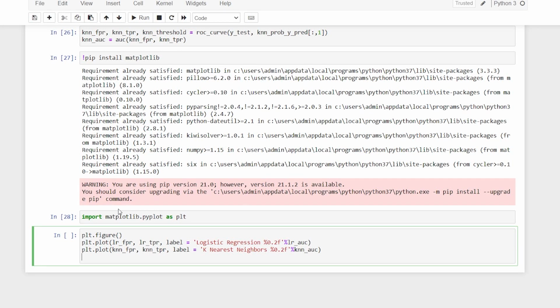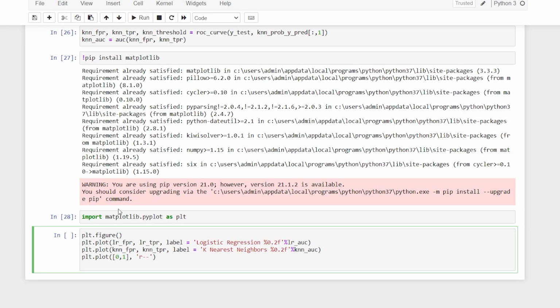And now I want to pass, let's say, a simple line going from 0 to 1. I can say which color I want, so let us take red with 2 dashes.